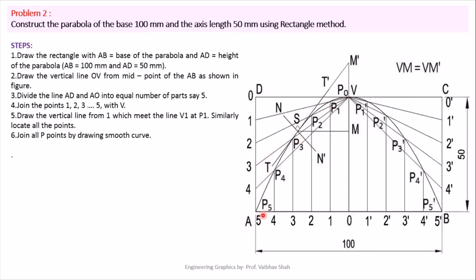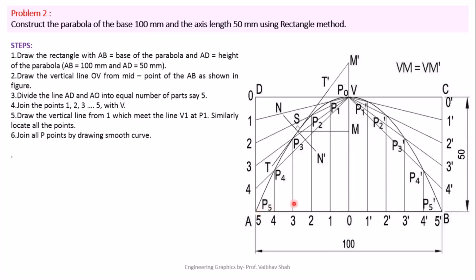After that, we draw vertical lines parallel to your line AD. You have to use your roller scale to draw lines parallel to AD. We simply draw a vertical line from this point 1 which touches your 1V line. Draw a vertical line from point 2 which touches your 2V line. Draw a vertical line from point 3 which touches your 3V inclined line. And draw a vertical line from point 4 which touches your 4V inclined line. And the 5th point would be nothing but your corner point.